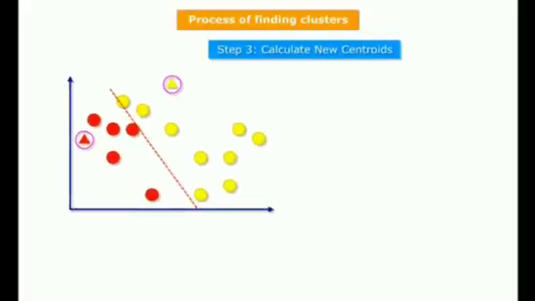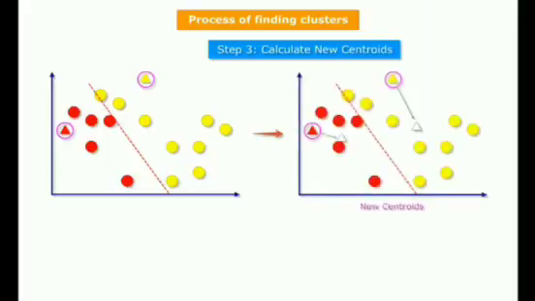Step 3. Calculate new centroids. For each cluster, you can now calculate a new centroid, which is also the prototype of each cluster group. This new centroid is the most representative data point of all the data points in the cluster. Mathematically, this step can be expressed as minimizing the sum of squared errors, SSE, of all data points in a cluster to the centroid of the cluster. The overall objective of the step is to minimize the sum of squared errors of individual clusters.